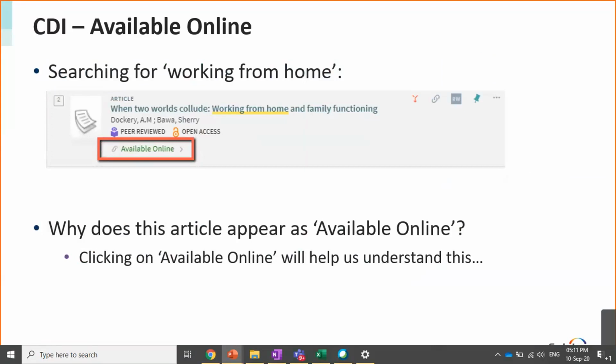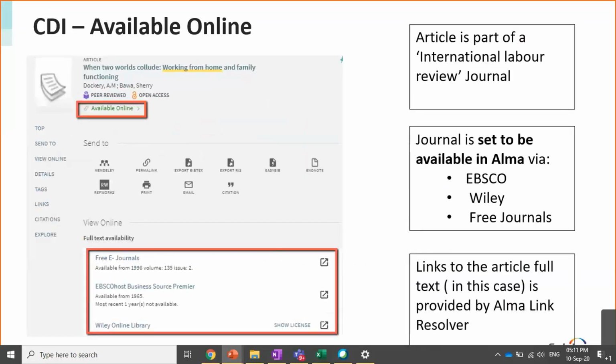Why does the available online appear in the search results? If I click on available online, you will see that CDI will present you with results for the full text access for that specific article. There is full text access for it from 3 different providers.